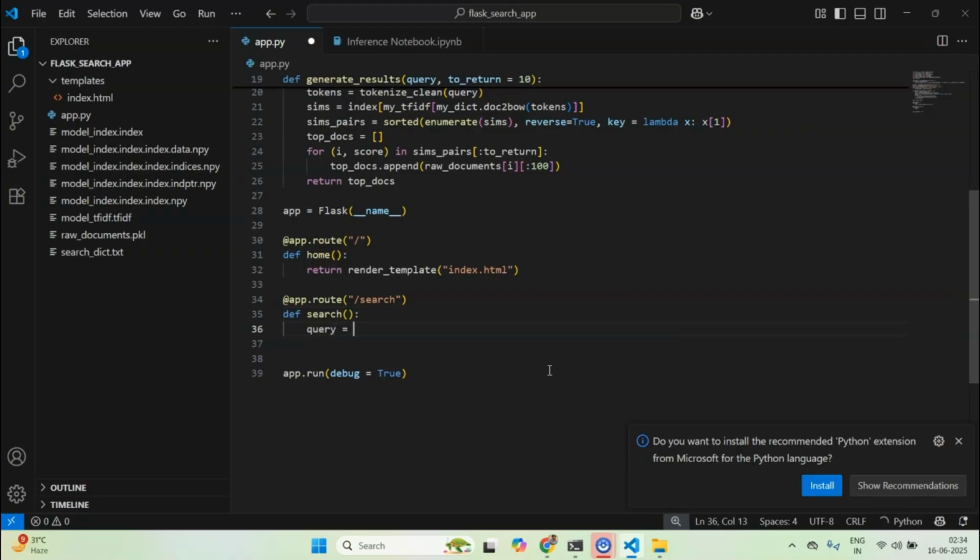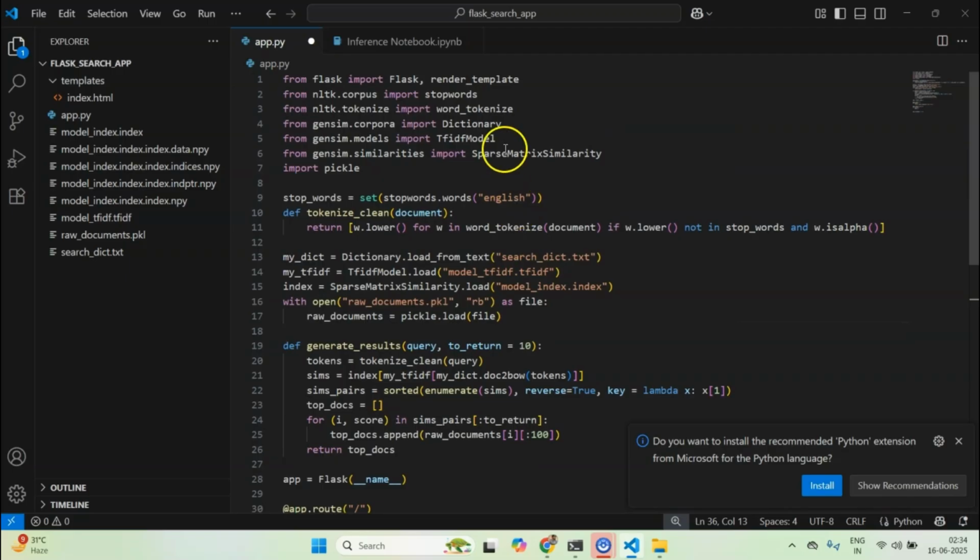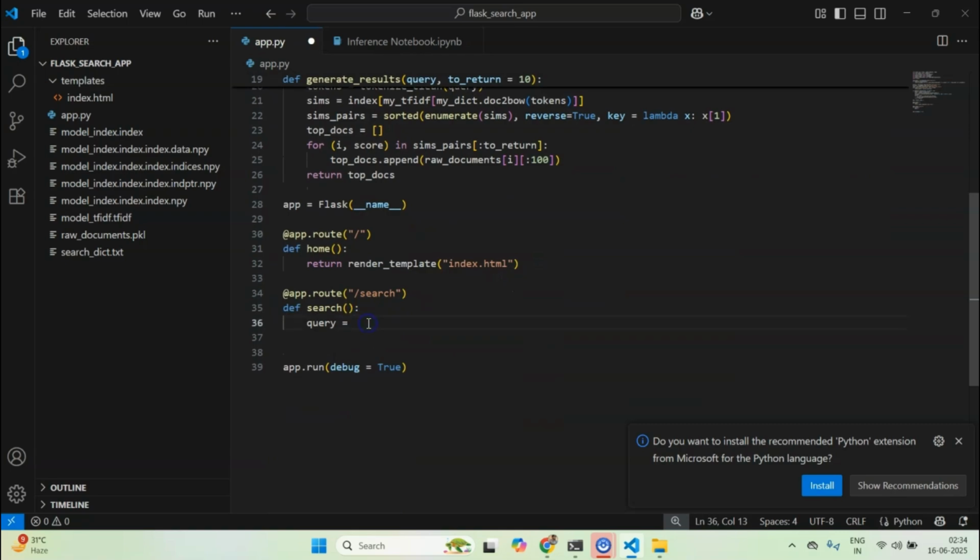So we need to parse the query. For that, from Flask we can import request as well, and using request.args.get, I just get the query, and if it is not found, I'll return an empty string.